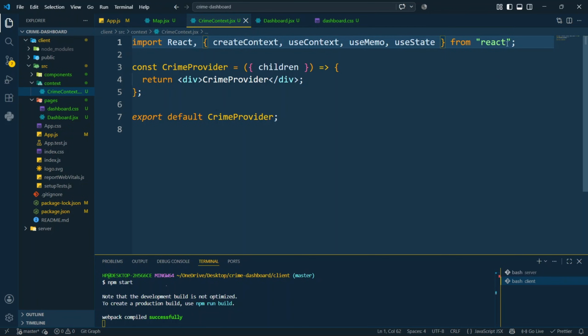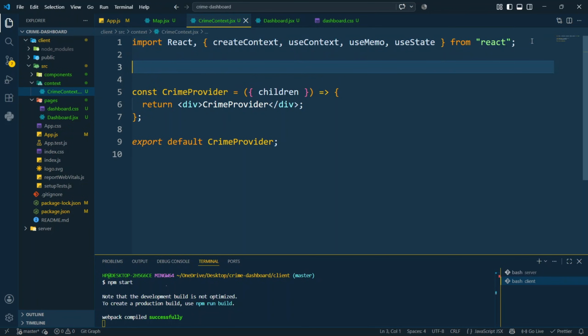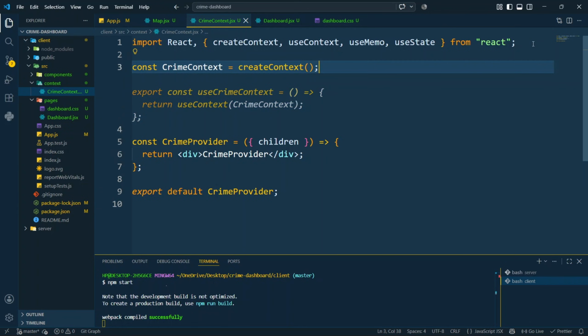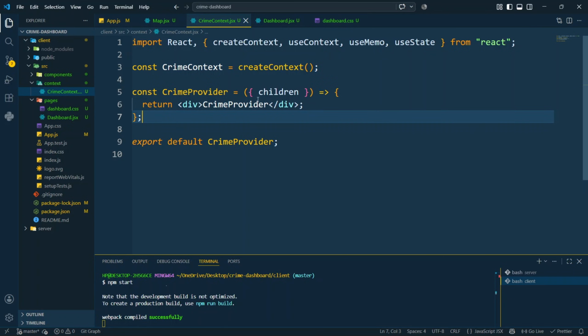So after this, up here we just need to declare our crime context. So we need to say const crimeContext, which is supposed to be createContext. After that, we save this, and then inside our crime provider, we now need to go ahead and have the code, or the states, that we are supposed to use in our project. But before that, we need to go back to